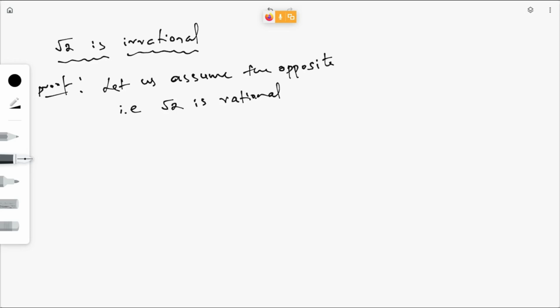We need to assume the opposite of, or contrary to, the given statement. In the given statement, we need to prove that root 2 is irrational. But here what I am assuming is root 2 is a rational number, right? If root 2 is a rational number, hence